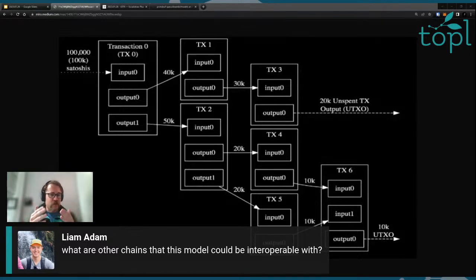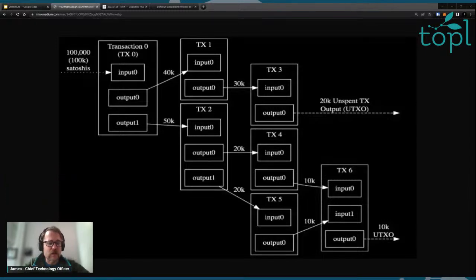Okay, so to come back to your question, Liam, about interoperability, this model will be easily interoperable with other UTXO chains, assuming they can satisfy the constraints of the structure of the transaction, as we'll get into in a second. Account models might be a little more difficult. And it's really interesting, there's been a lot of work lately in the Ethereum ecosystem to do account abstraction, because rollups and things are actually